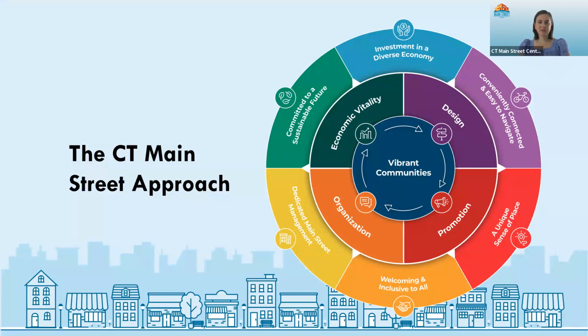So how do we cultivate these qualities? Well, that's where the 4 points of Main Street management come into play. It is a proven framework to follow that has been used for decades across the country. As mentioned before, we have a Main Street management assessment tool that examines 85 different aspects of Main Street management. We're not going to go into depth on each of those points, but the goal of you today is for you to become familiar with the 4 points and to start developing a Main Street lens through the 4 points,